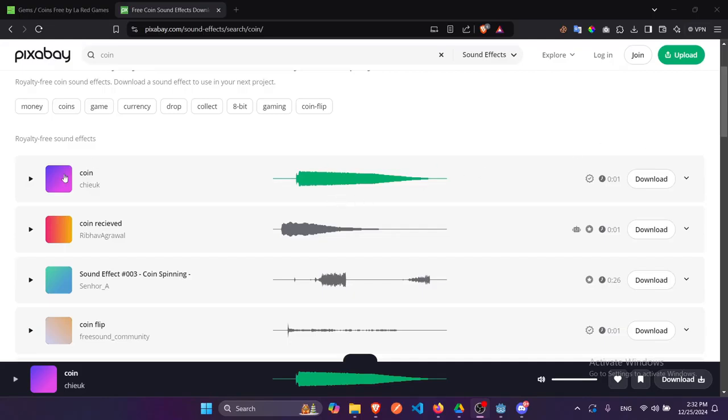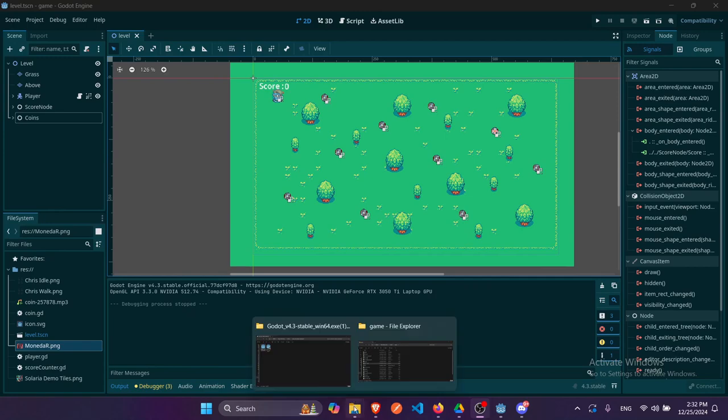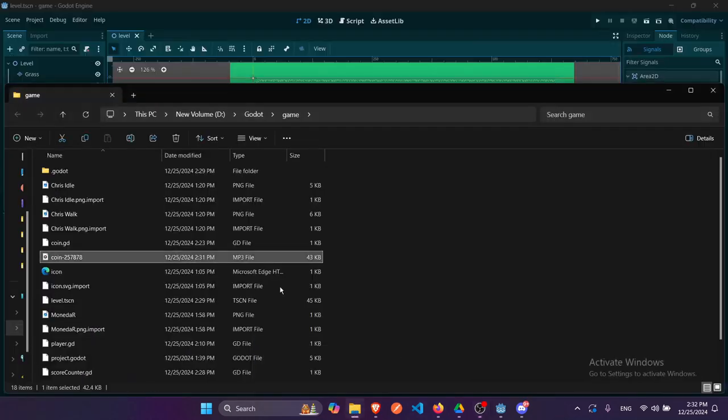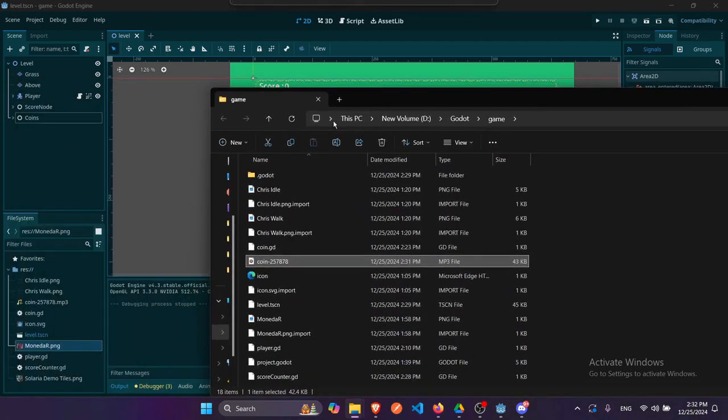So now what we need to do is download this coin effect. You can download it from Pixabay. I have already downloaded it. So now I will go over here, go into this coin effect which I just created just now, and drag it inside my